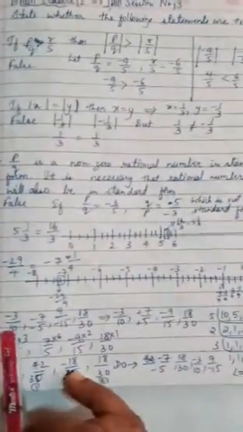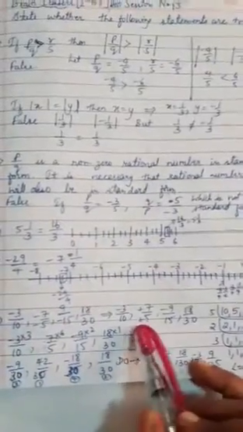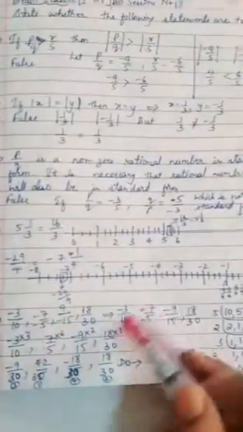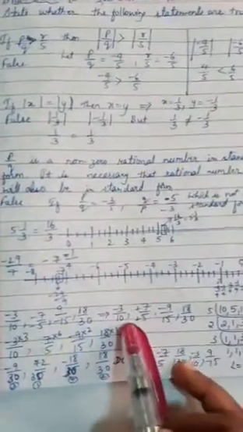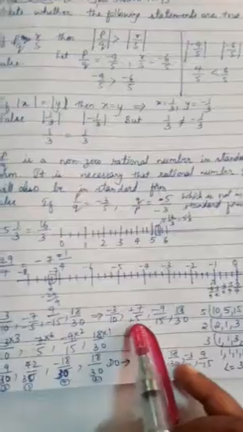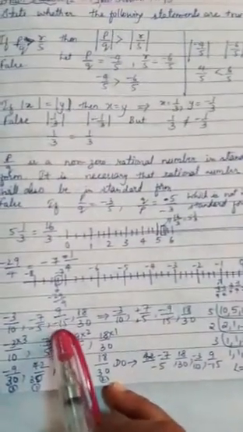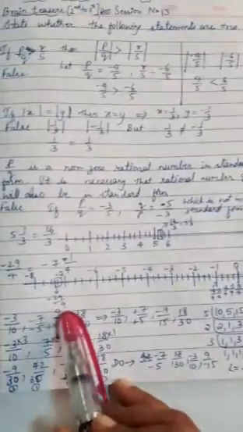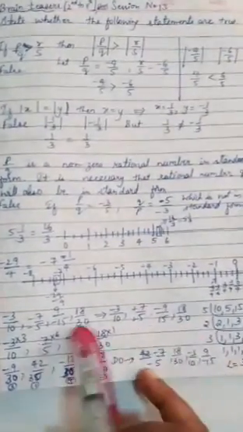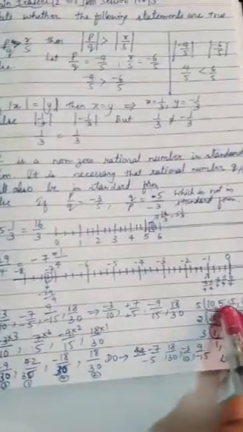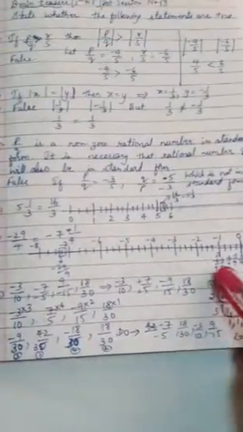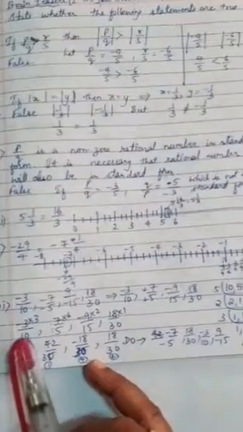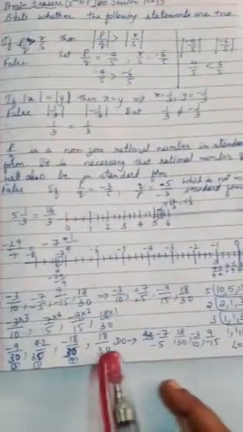Before that, let us write these rational numbers in the standard form by taking the negative sign to the numerator. Minus 3 by 10 as it is, minus 7 by minus 5 is nothing but 7 by 5, 9 by minus 15 is minus 9 by 15, and 18 by 30 as it is. After taking the LCM for 10, 5, 15, 30, we get the LCM here, that is 30. 5 2s are 10, 10 3s are 30. Now let us take each rational number individually here, and the common denominator we get is 30.